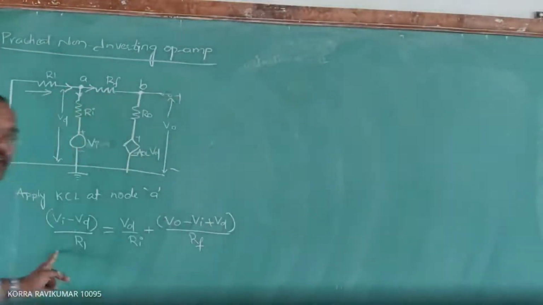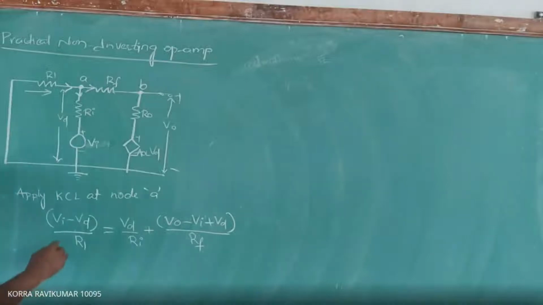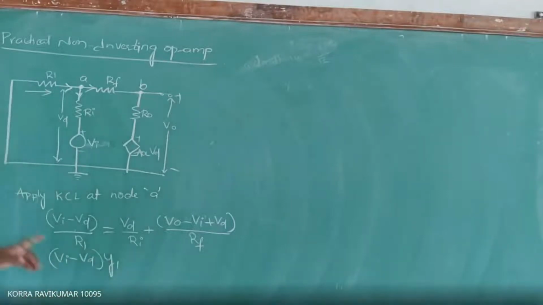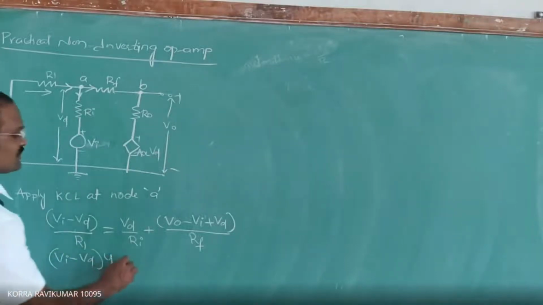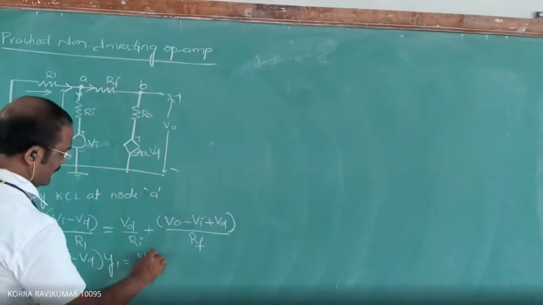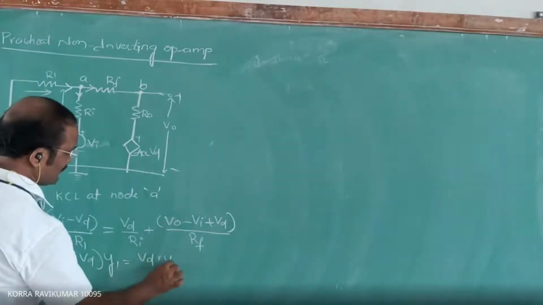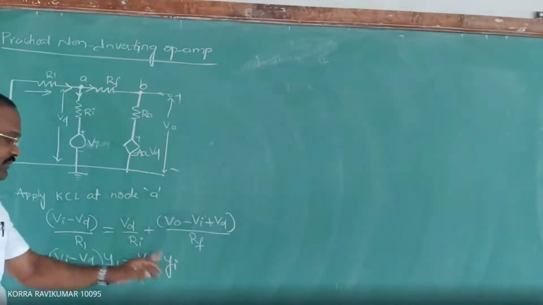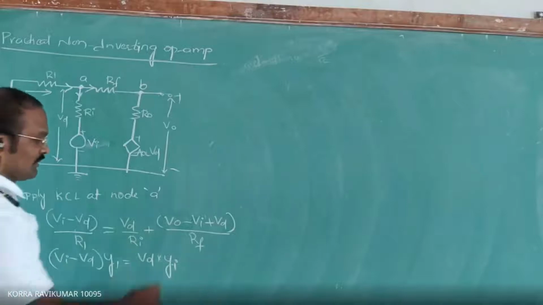So that I can write this equation as (Vi minus Vd) into Y1. Here Y1 is equal to 1 by R1. Vd into Yi means 1 by Ri. Yi is equal to 1 by Ri plus